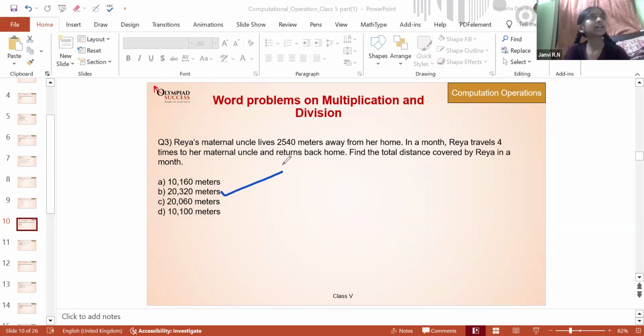Why is Janvi raising hand? Ma'am, I came to ask that I got the same answer by just instead of writing 4, I did 8 so that I could cover both. Yeah, that's what I heard him saying 4, but it's okay. He meant double. Okay, thank you, Janvi.